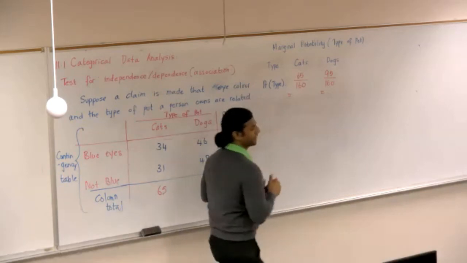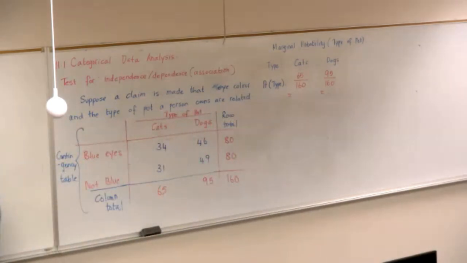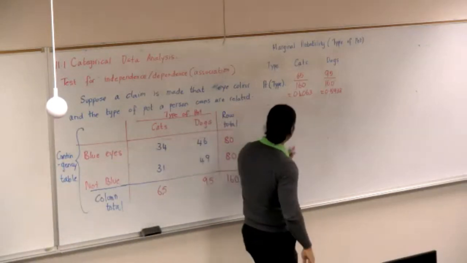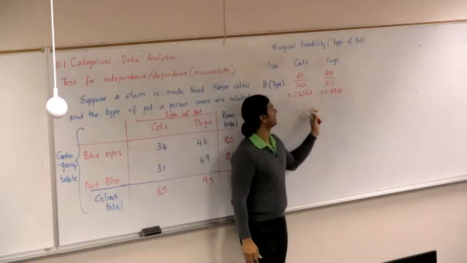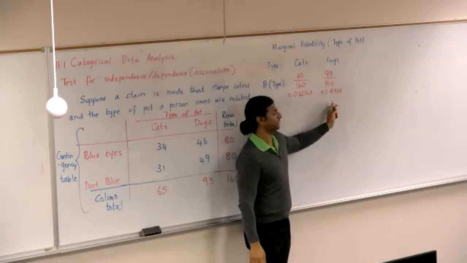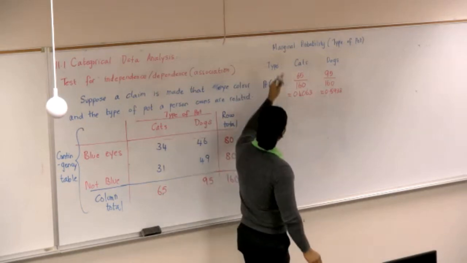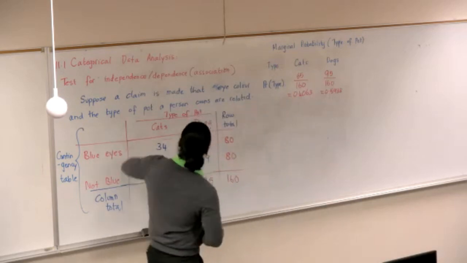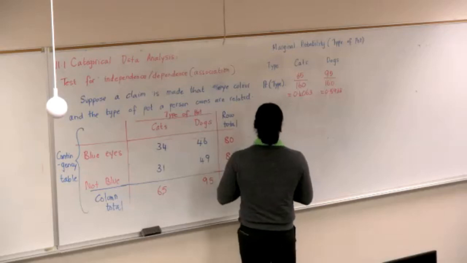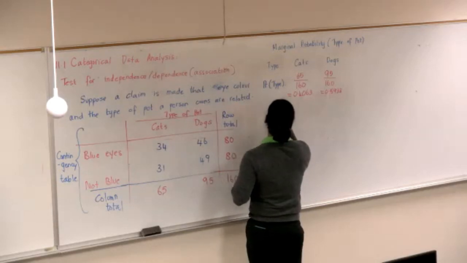Let's get decimal values for both. You can use a calculator and tell me what you get, 4 decimal places. So if I picked a person at random, the probability the person would own a cat is 40.63%. Probability that a randomly selected person would own a dog is 59.38%. That's the marginal probability for the type of pet. In a similar manner, we can find the marginal probability